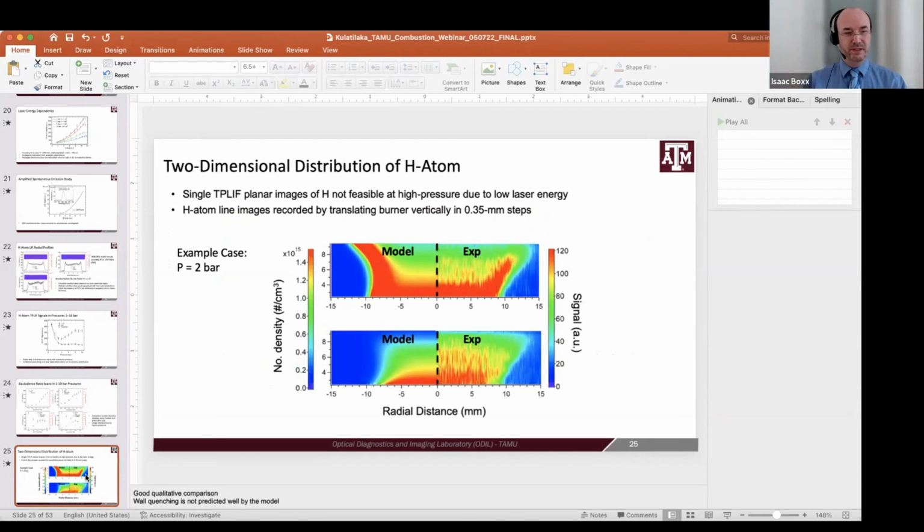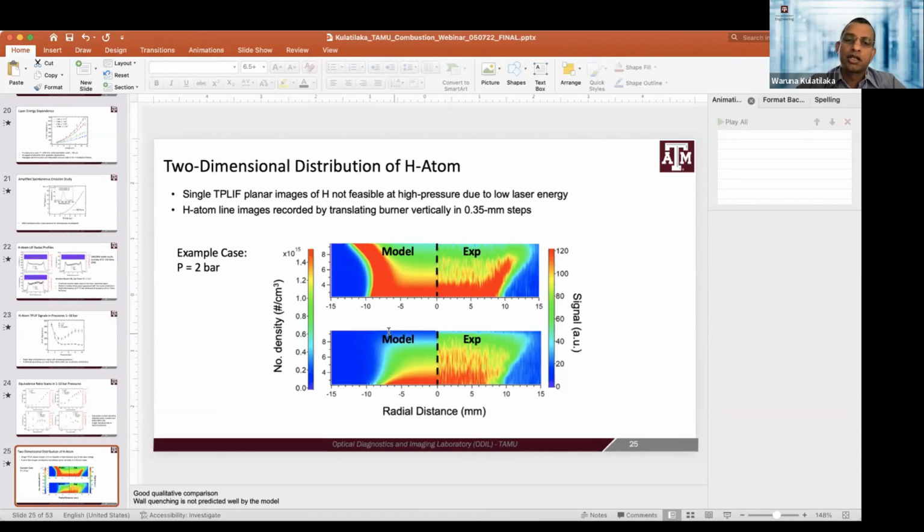Okay, actually, while we're on this slide, I'll just throw in one question that just occurs to me. On the lower picture here, on the experimental versus the model, it looks like the signal levels are a little bit higher further downstream. Is that an artifact or is that real? Well, we thought it was an artifact initially when we first looked at this, because we thought we get some kind of a scaling effect or some kind of non-uniformity in the burner, but it seems like this is real. So the model is not predicting this.